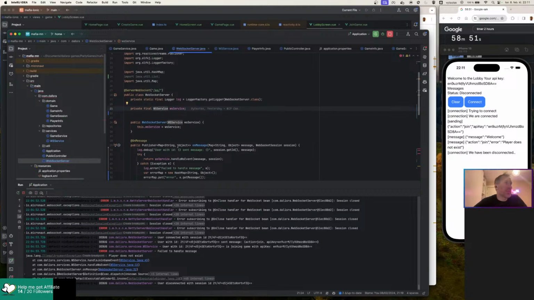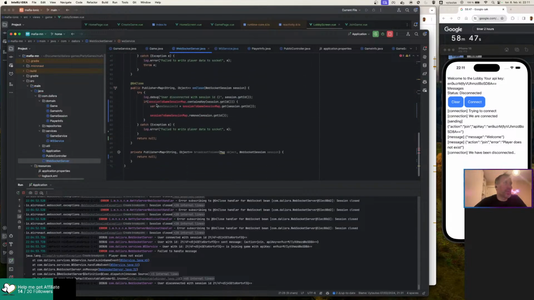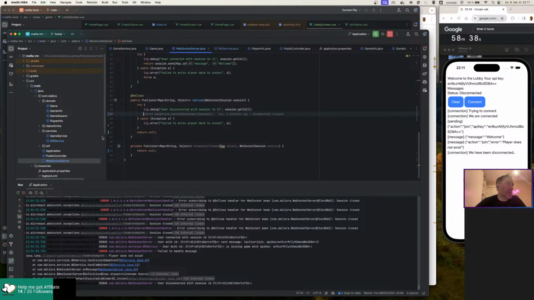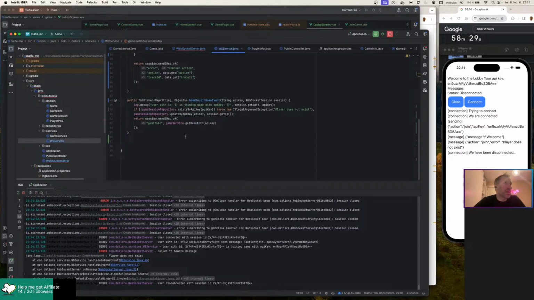So WebSocket service does not know anything just from service, and it just calls. And let's do this one, saying handle disconnect session. Yep. Web service is gonna handle disconnect